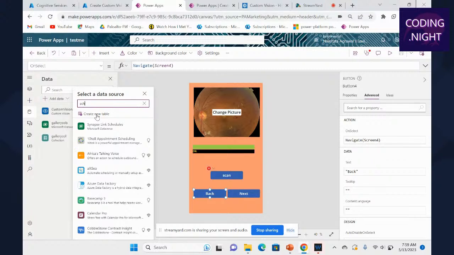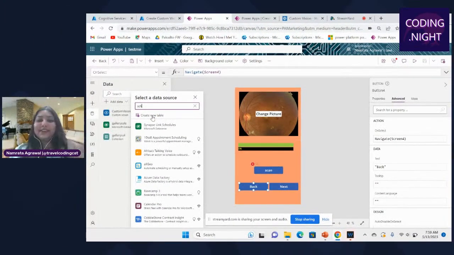So you are getting a lot of services in front of your eyes. It's really very vast, and you can explore as many services as you can. Custom Vision is just one of the services out of 100, maybe. You can search it here and link to any service right now and use it. Just go through it.